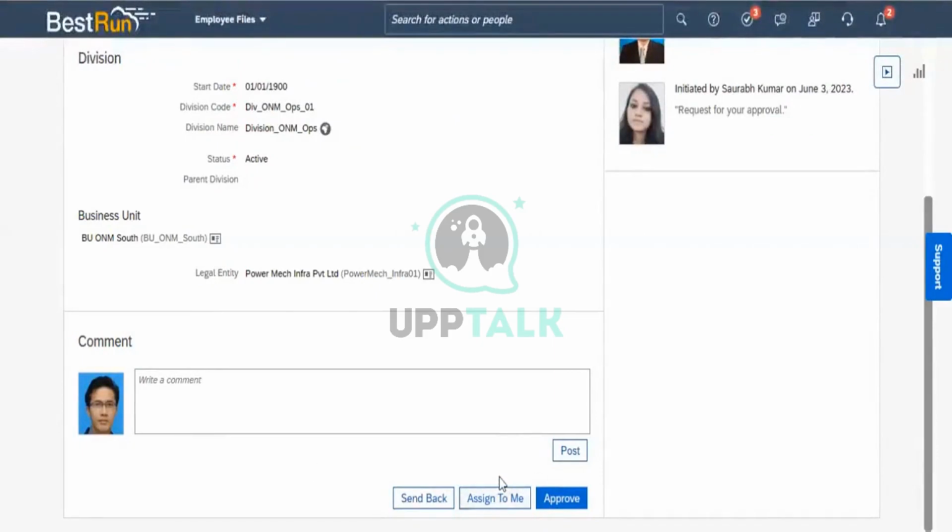This step generally will not come in real time. It will show send back, or declined, or reject. If he is approving it from here after validating the changes, then it will go to the third step. When I go here and click on approve,